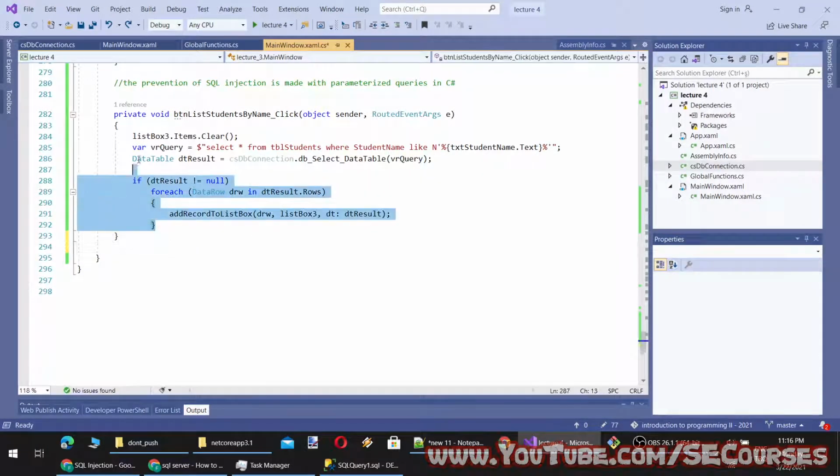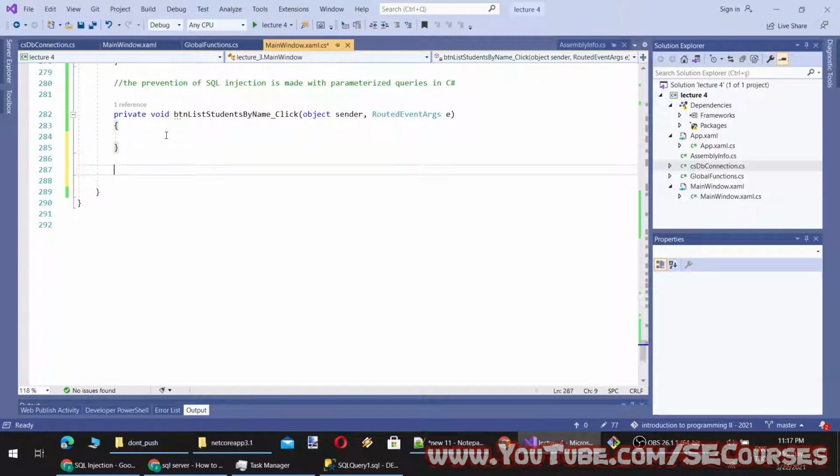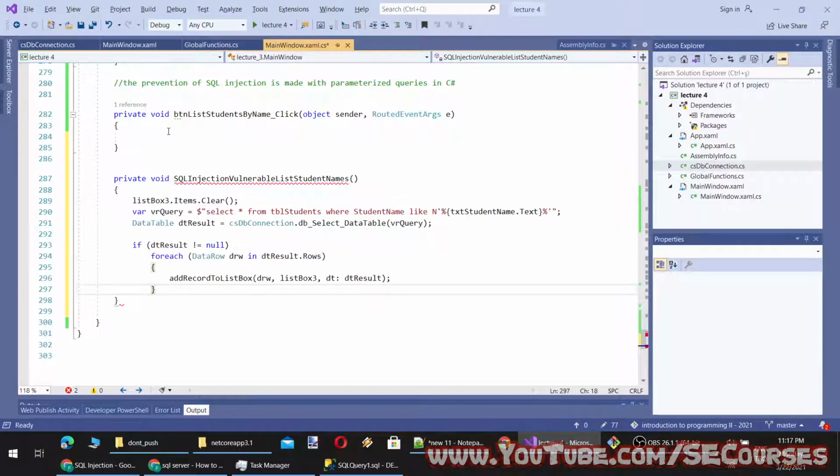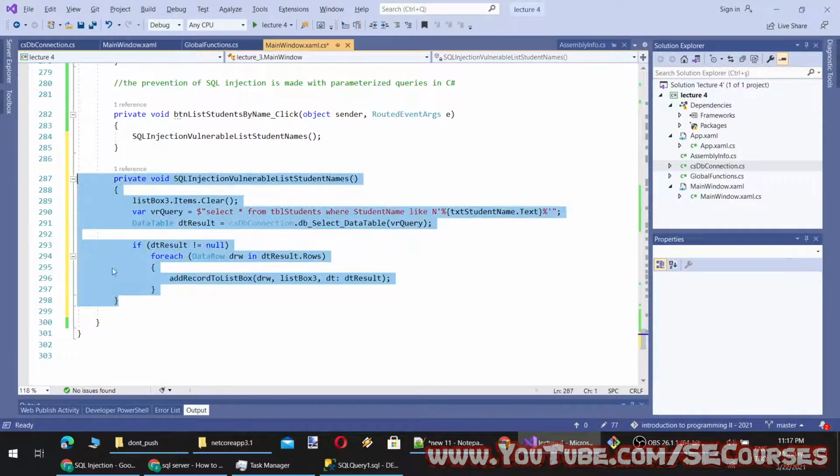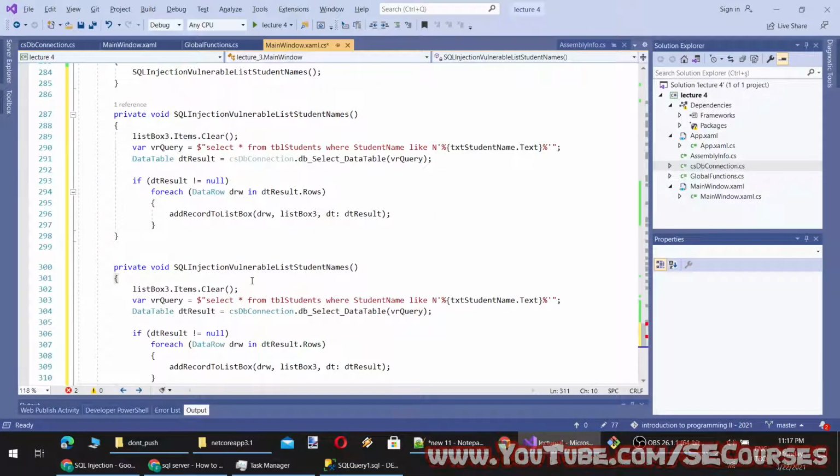So what we are going to do is turn this method into a secure method. Let's copy paste this here. Then we will have another version, which will be parameterized, secure list student.